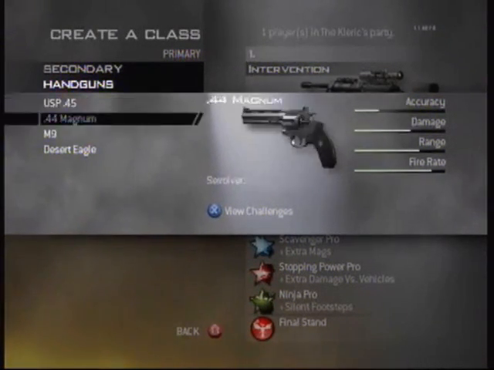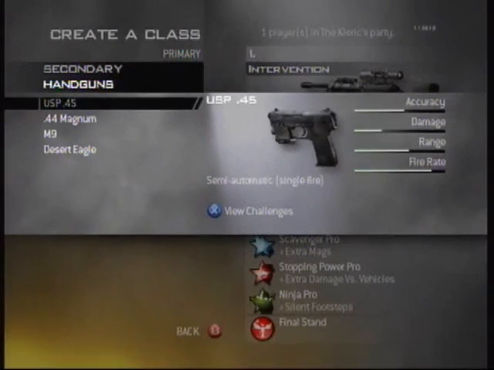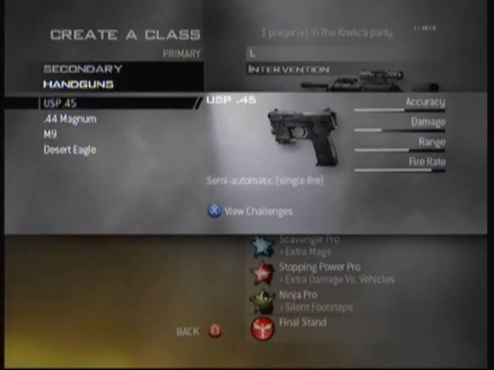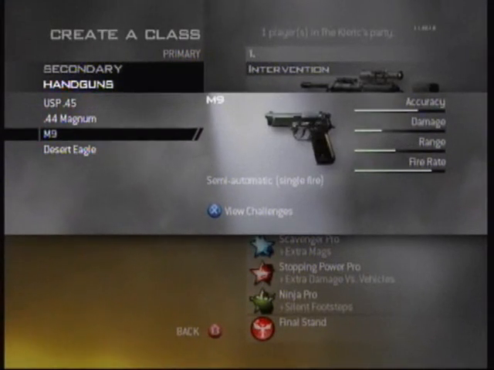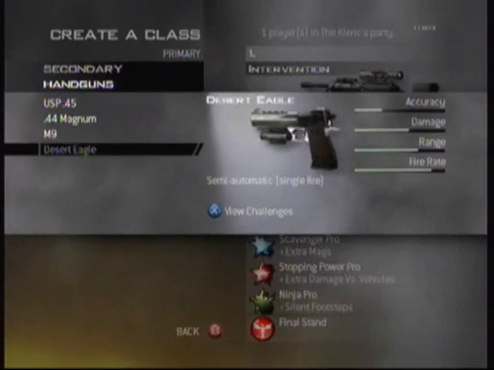The M9, very similar to the USP, except I think the stats are actually worse for the M9. Oh, sorry, the M9 has better accuracy. Yeah, I prefer the M9 over the USP. I think it's a good gun. It's got a bigger clip size, I think. M9's a good gun. I'd use the M9 over the USP, but we're going to the Desert Eagle, which is